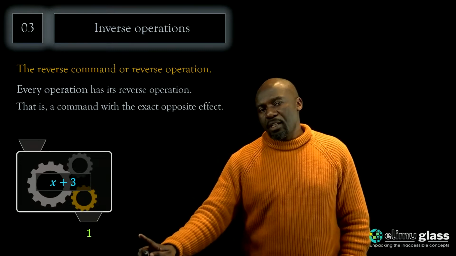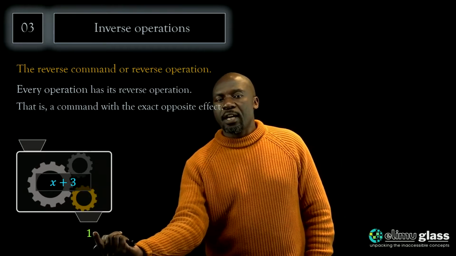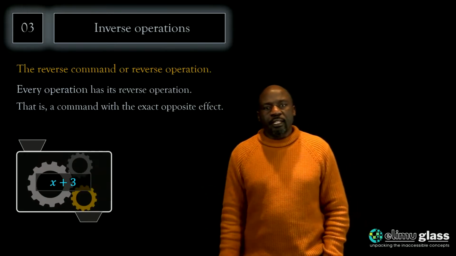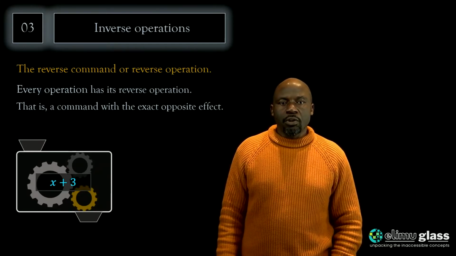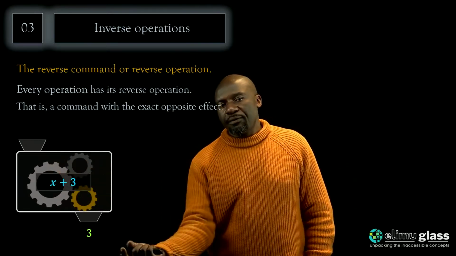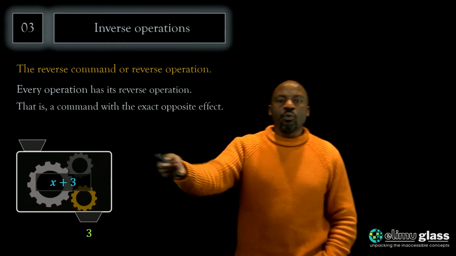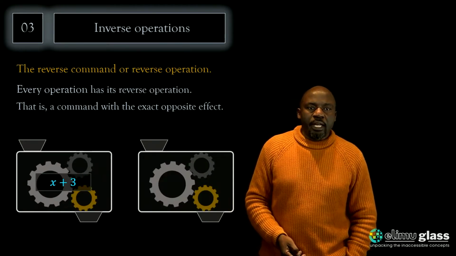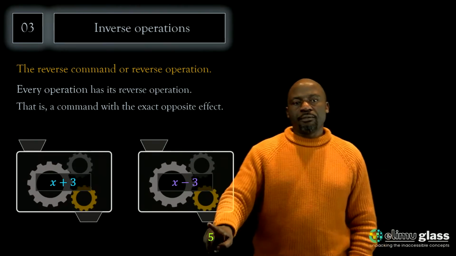So the inverse operator must be the reverse process such that if we put a 1 from that side, we must get a negative 2 on the top side. Okay? Another example, if we put 0 in there, we should get a 3 at the bottom. So the inverse operator should be the command here such that if I feed in 3 from this side, I get 0 on the other side. You may pause the video and think about which operator that is, but of course we've already talked about this and we know that that would be the subtraction operator, x minus 3,